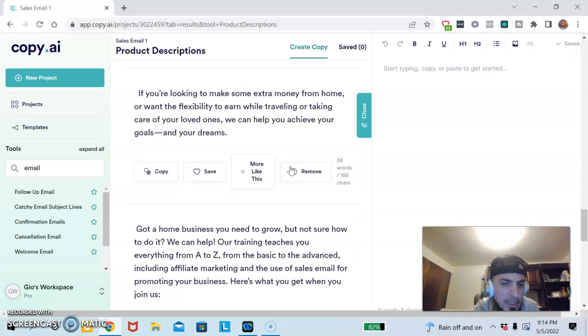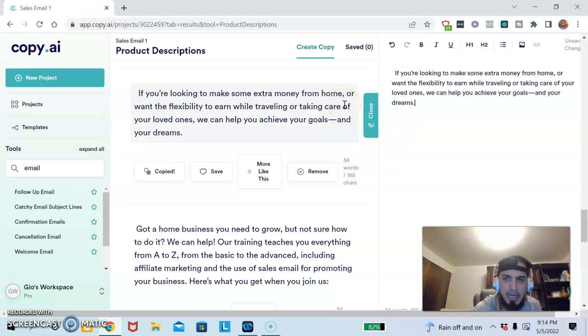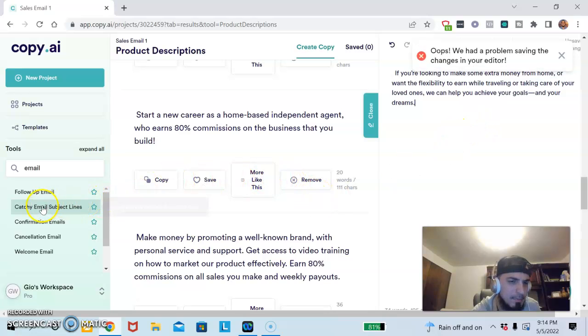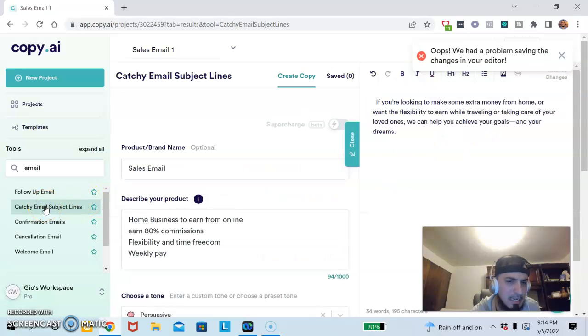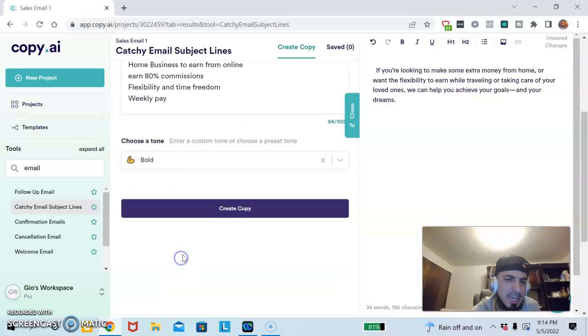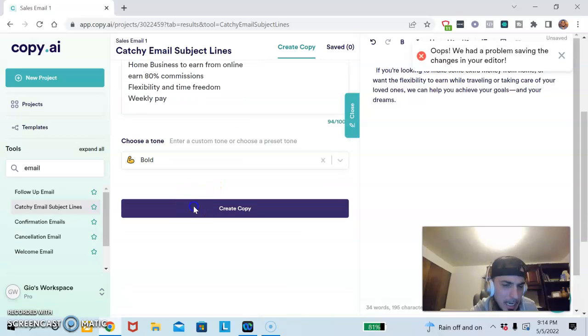See, these are all pieces of copy, and you could save them. You could copy them and put them into your clipboard. Let's say I was making an email, I would copy them, paste them in there, and then start to create my email right here. And let's say I needed a subject line, right? If I needed a subject line, I would go to Catchy Email Subject Lines and do the same thing. But, okay, let's say I want bold this time. So I'm in subject lines, and it's going to create a bold tone,